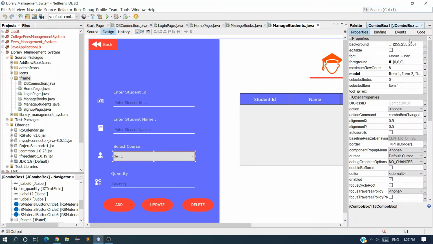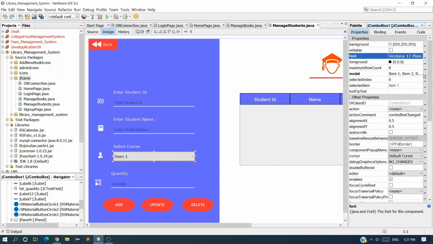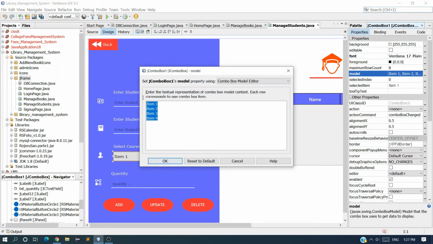Now I also want to change the font size. I want the font size as 17, and the font style should be this one. Okay, and I want to manually add some items. If you want, you can also fetch the values from the database. You can create a course table on the database side, and from there you can fetch the values, but for simplicity I am doing this.